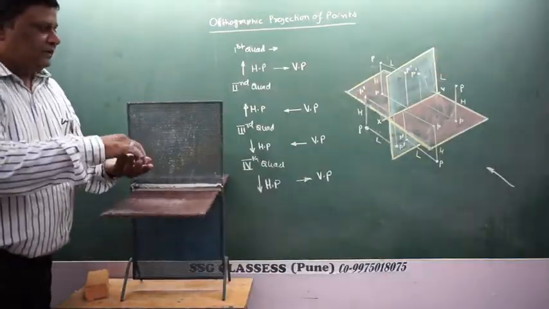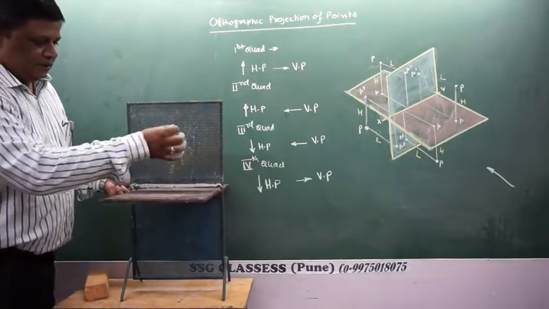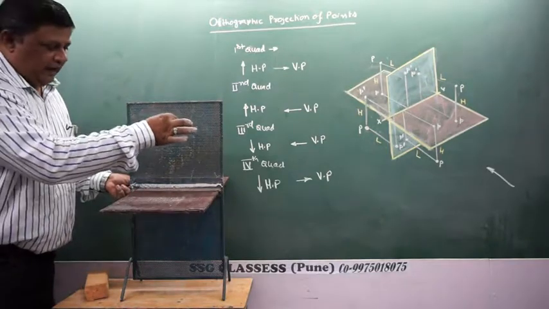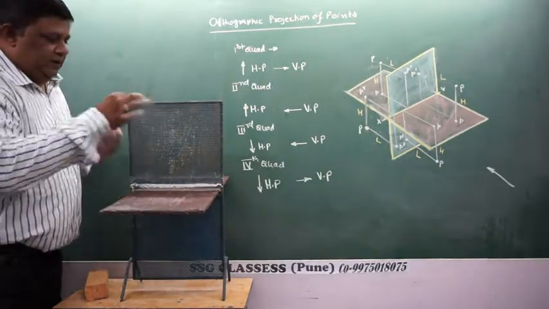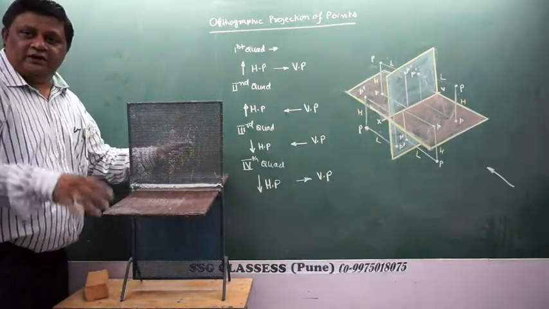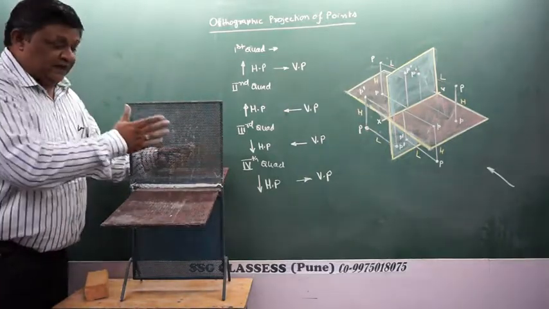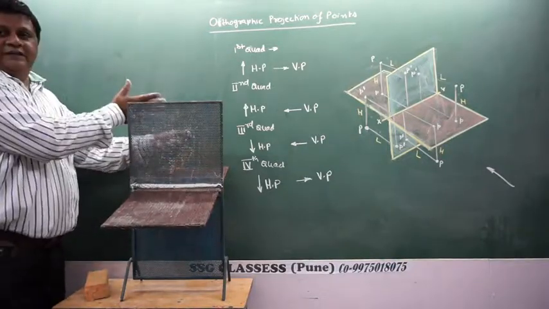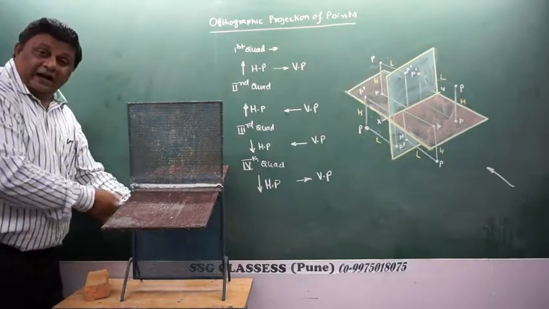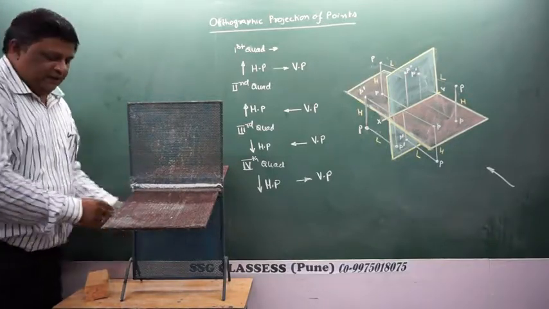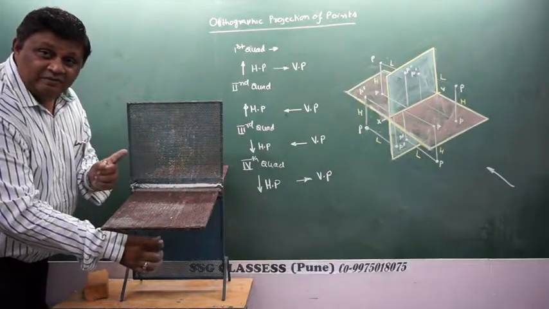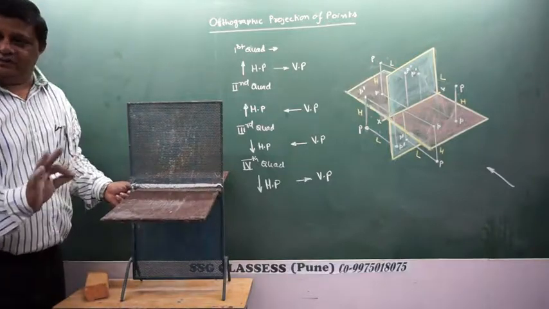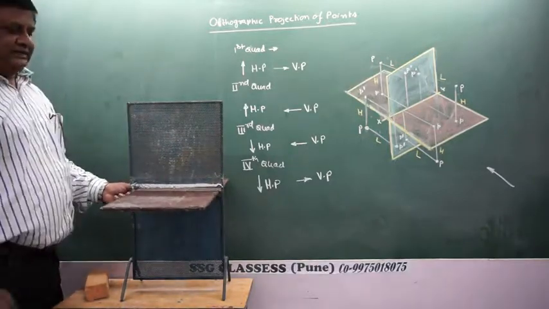So, again let's see this thing. The point in the first quadrant is above HP and in front of VP. When it goes into the second quadrant, the observer is sitting out there, then the reference plane comes out here. So it is behind VP, above HP; here, behind VP and below HP; here, below HP and in front of VP. Is it clear to everyone? Yes. Okay.